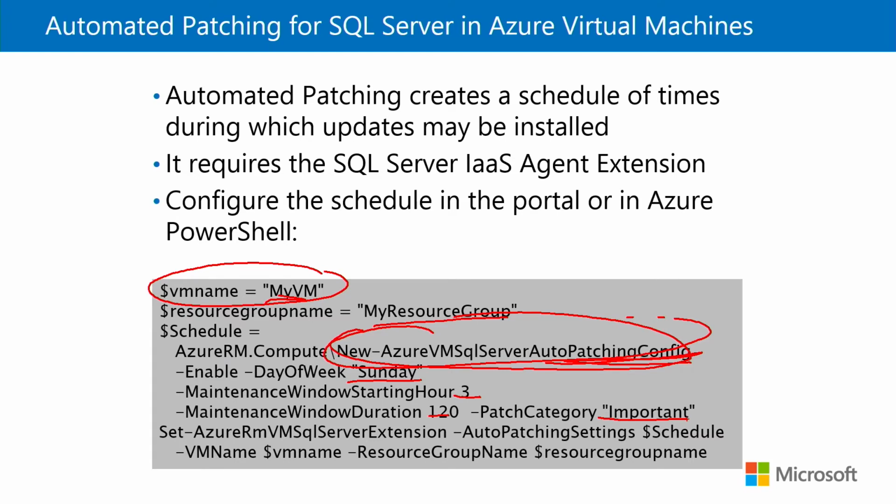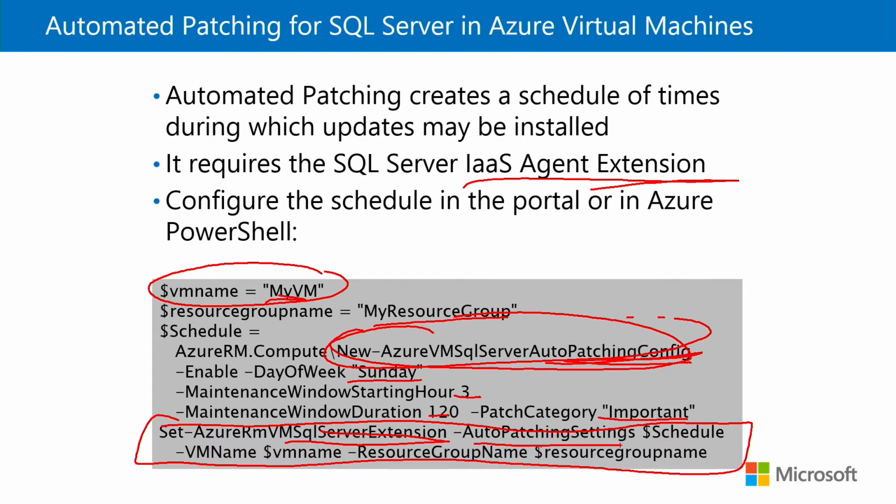Then, after all these variables have been populated, we run this Azure PowerShell command, Set-AzureRmVMSqlServerExtension, so that's why we have to have the IaaS extensions installed, AutoPatchingSetting, and then we pull in the schedule that we defined here. There's the schedule. We pull in the VM name from there, and we pull in the resource group name from there. And what this will do is set this schedule so that important updates will automatically be applied to this virtual